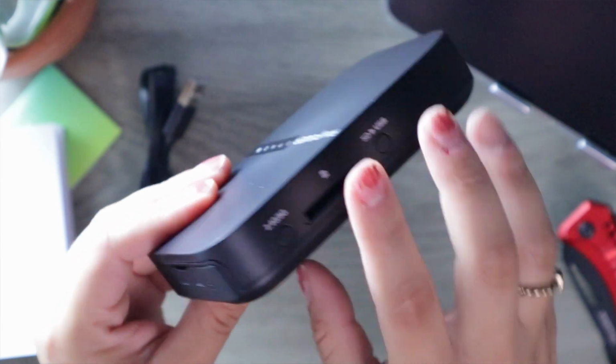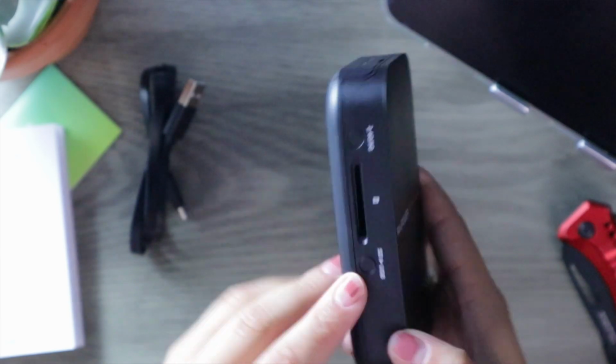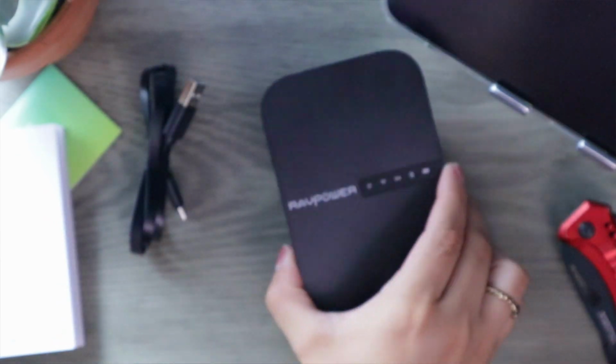This feature is actually pretty cool. If you don't have your laptop with you and you want to back up your SD card, let's say you're out shooting weddings or any sort of event, you can have your SD card plugged in here. Then you have your external hard drive plugged in via the USB port, and you press and hold, I believe it's this button, the SD to USB, for a little bit until the two indicators flash up. That means anything on your SD card is automatically backed up and saved on your external hard drive. It's a neat feature, especially if you want to go very minimal and only bring, let's say, an iPad,